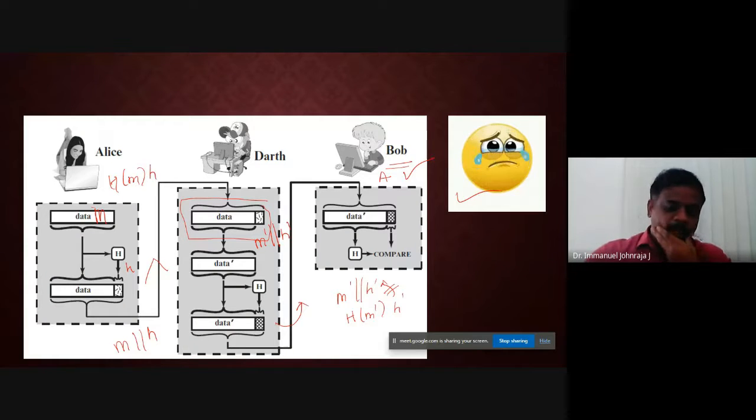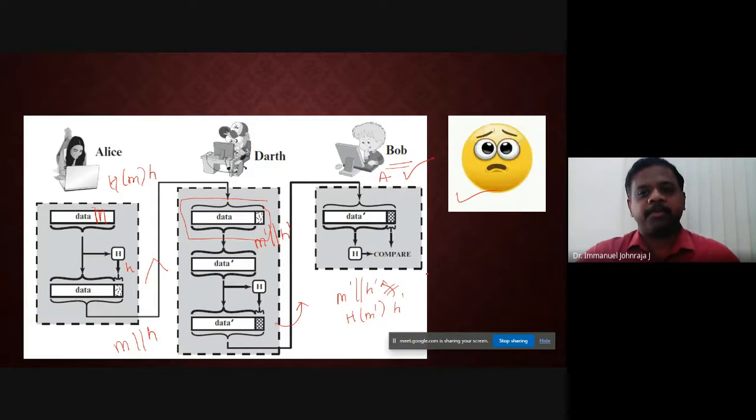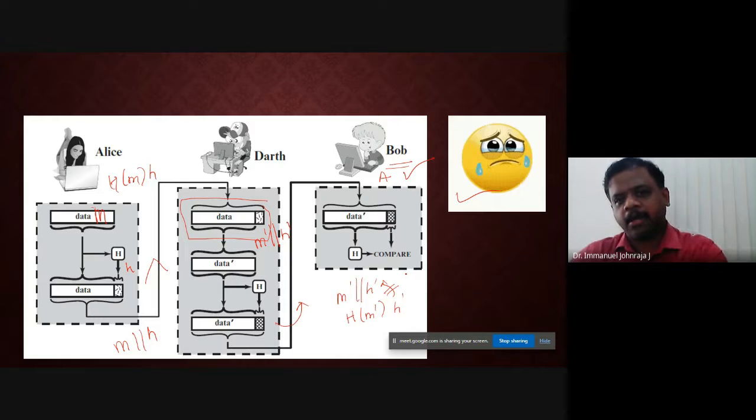So how can we solve this problem? Yes, we should have some mechanism to solve this problem. At this point of time, we don't have any alternative other than relying on the cryptographic function called encryption. So let's talk about that a little bit.